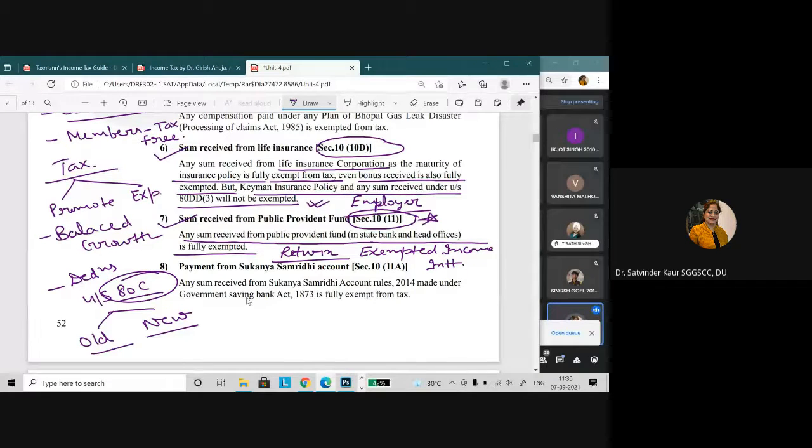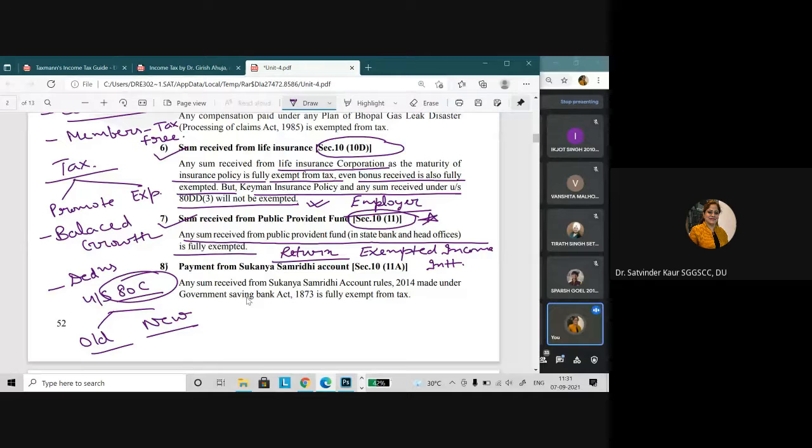See, there is a limit that a limited amount can be deposited every year, and the maximum term period is 15 years. Whatever we discuss under the head salary, which provident funds attract a tax liability and which portion is exempt or taxable. Even in the case of gratuity or other retirement benefits, we calculate the exemptions; they are partially exempt because there is a maximum limit that in the lifetime of the assessee, an assessee can claim maximum exemption up to a particular amount. These things we are going to discuss in detail.